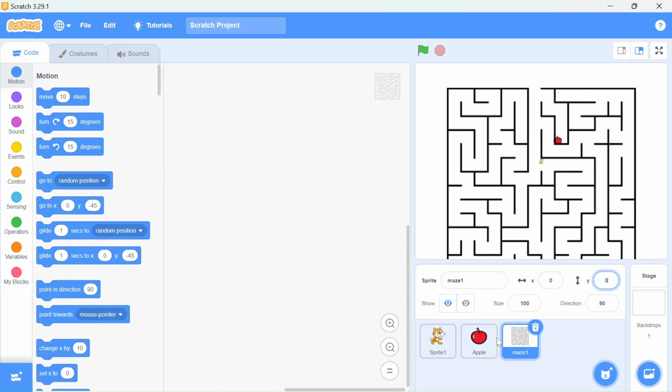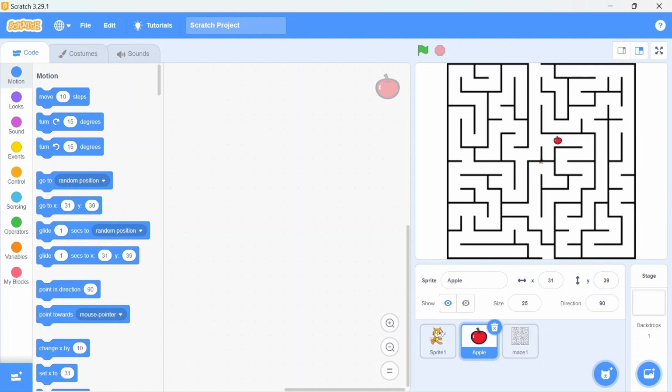Then we are going to set the coordinates of the apple. It should be in the top right, so we will make it minus 10 and 170. And for the sprite, 10 and minus 170, because it should be down. See, now this is completely set.